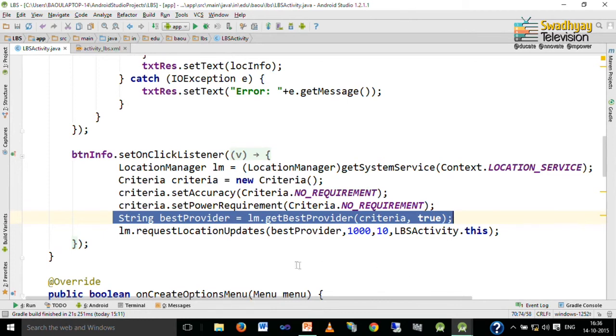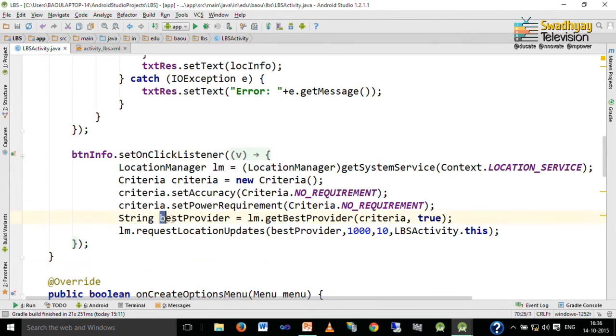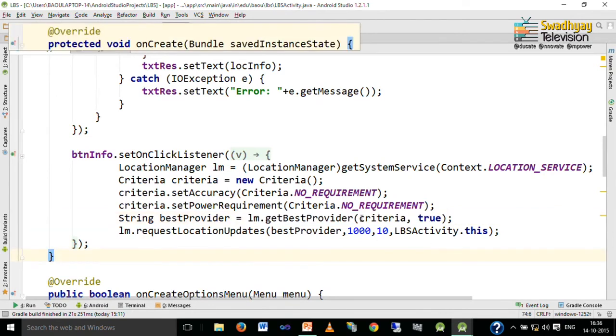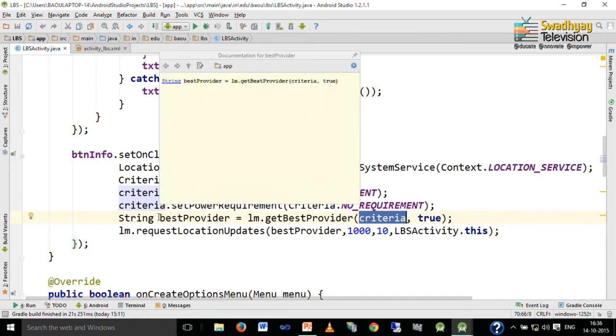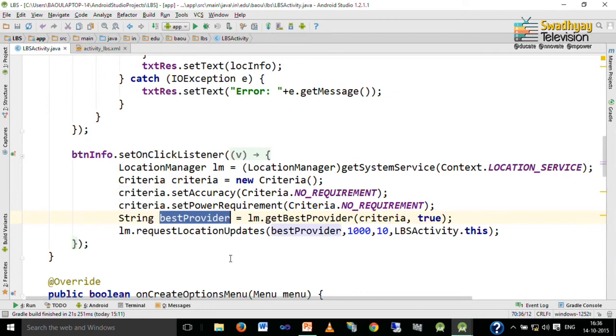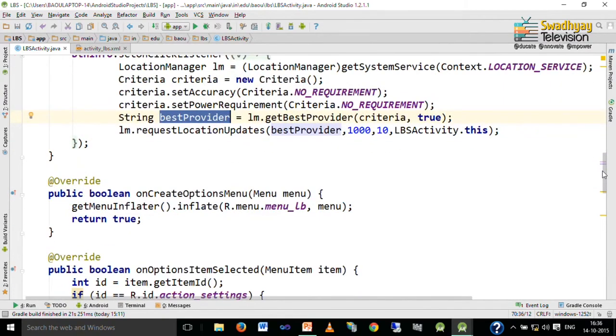So, here we find best provider using location manager's method get best provider, and based on these criteria, and here we specify true. So, this string represents one of the best options available for using with location based services.